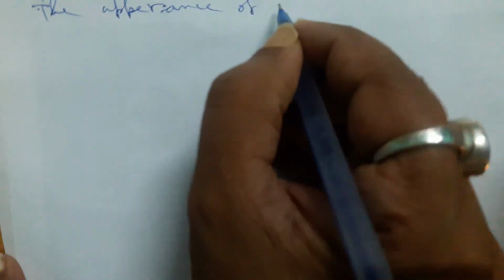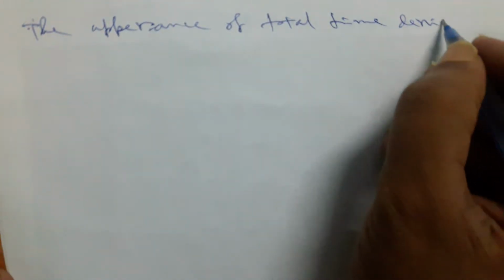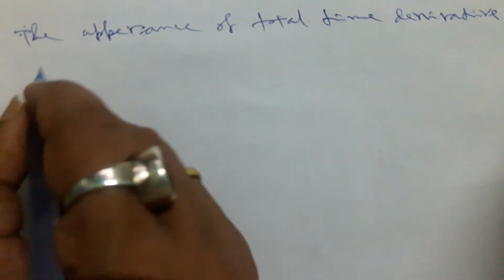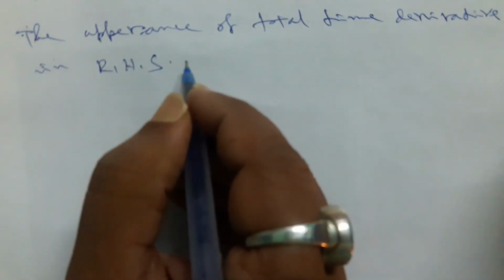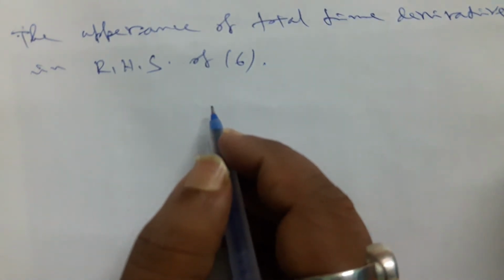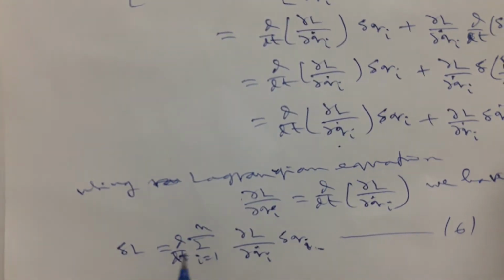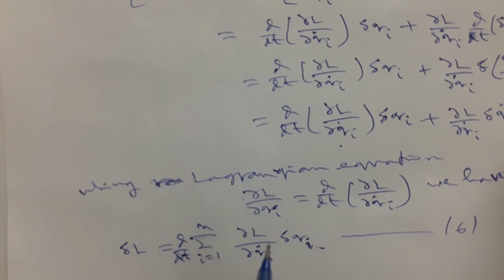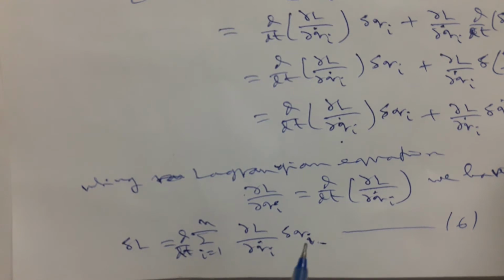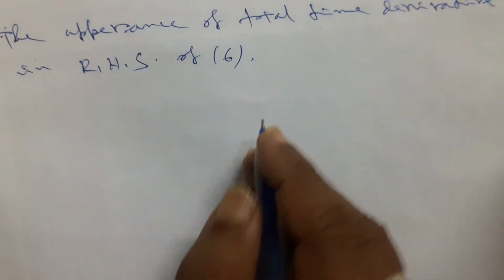the appearance of a total time derivative in the RHS of 6, that is here, these equations: ∂L d/dt of the sum of i equals 1 up to n, ∂L/∂qi dot δqi, the virtual displacement of qi, RHS of 6, implies